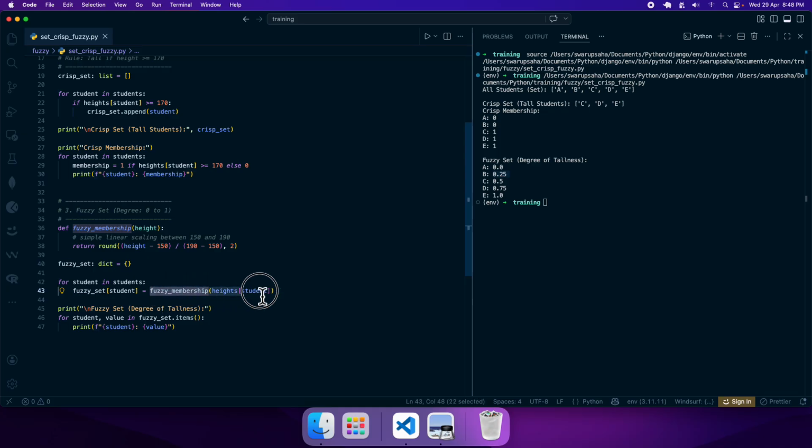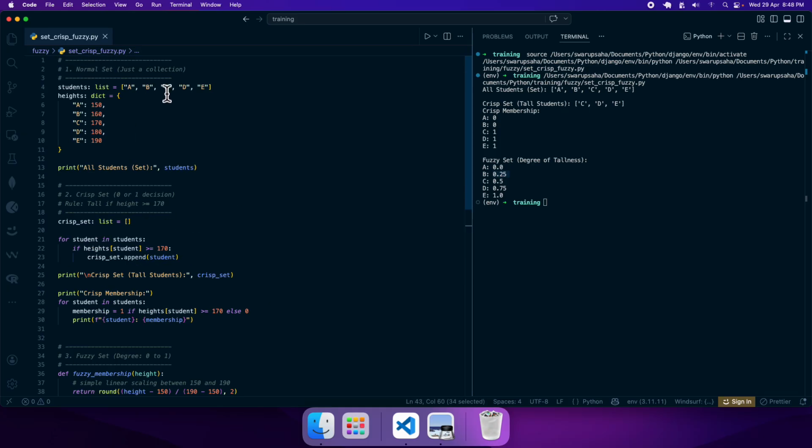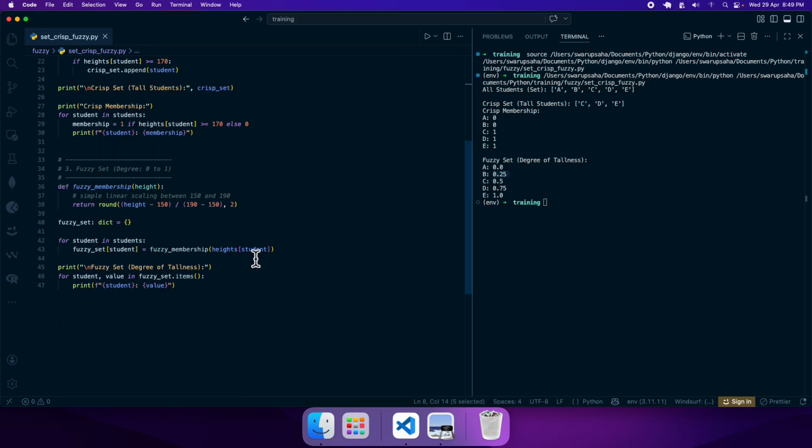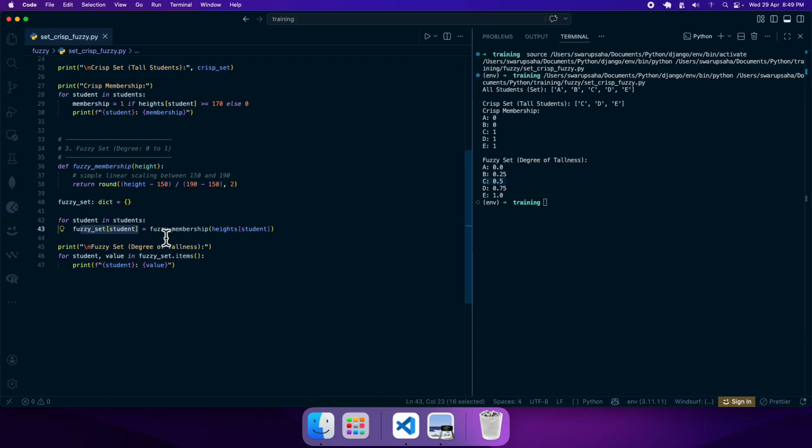In the same way, it goes up once again and picks up the student whose name is C, and the corresponding height is 170. So the height is 170 passed over here, so 170 minus 150 is 20 divided by 40, and it would be rounded off to 2-place decimal, and finally we are getting 0.5, and that 0.5 will be assigned as a value for this particular key, which is called C, and C will have the value as 0.5. And this way this particular iteration takes 5 times, and finally we got a fuzzy membership function